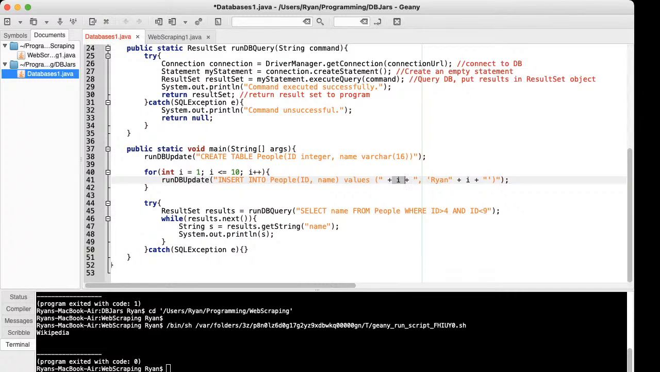Putting 10 people into the database, and their ID numbers are 1 through 10. And then their names are Ryan 1 or Ryan 2. I was just trying to do this with a loop. Anyways, basically this is going to pass